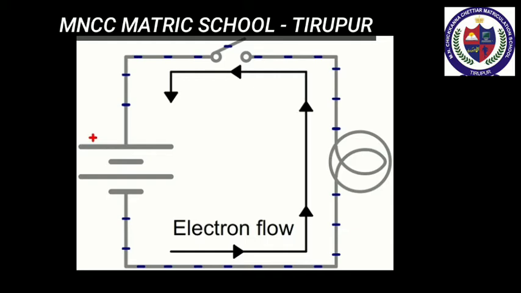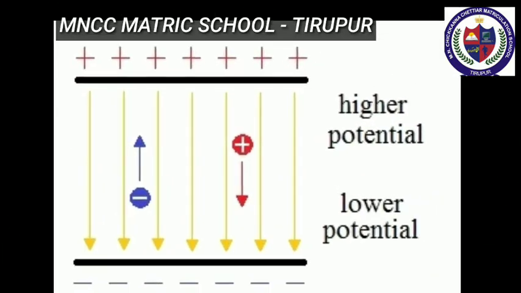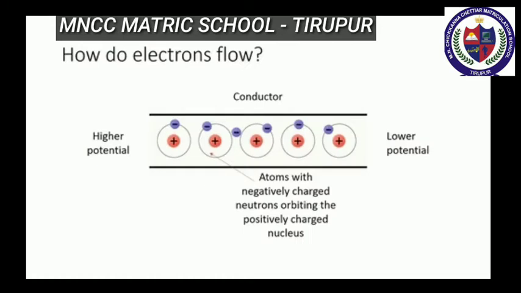Now, let's see how electrons flow in a circuit. The motion of electric charges, that means electrons, through a conductor, for example a copper wire, will constitute an electric current. This is similar to the flow of air from a region of high pressure to a region of low pressure. In a similar manner, the electric current passes from the positive terminal, that means higher electric potential, of a battery, to the negative terminal, that means lower electric potential, through a wire.